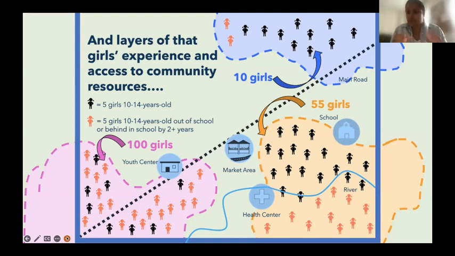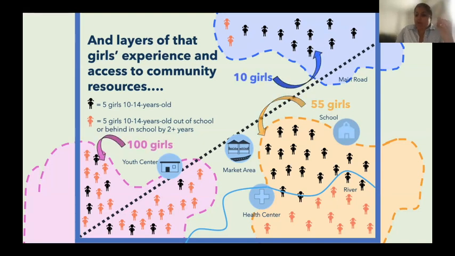Well, maybe now the girl rosters help me narrow it even further. I'm going to prioritize community B, the pink community, because there's 100 girls and I am interested in girls who are out of school. And I also know, because of what Ava was describing earlier, I've mapped my resources. I know what exists, that actually this makes sense, because here is community B, the pink community, all the way over here, and all the way over on the other side is the school, the only school that serves this whole program area. Well, that makes sense, that there's more girls out of school over here because they can't even reach the school that is there for them.